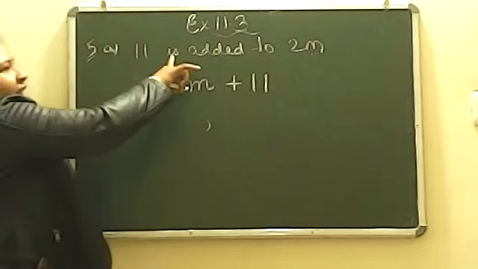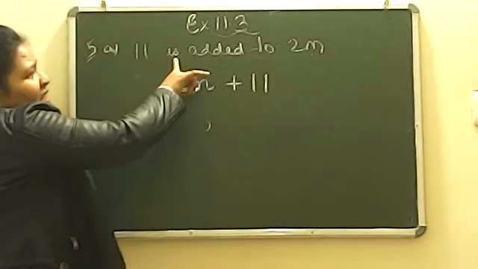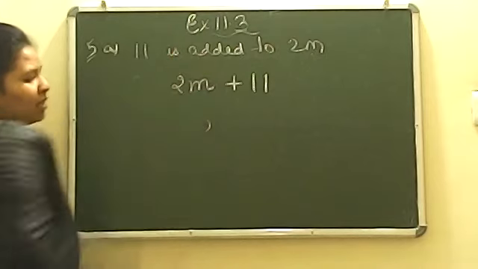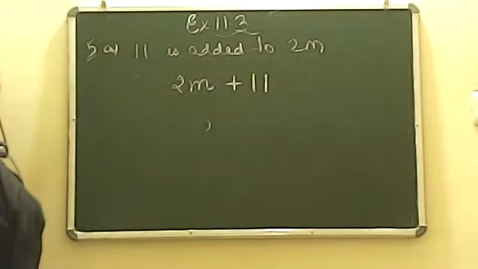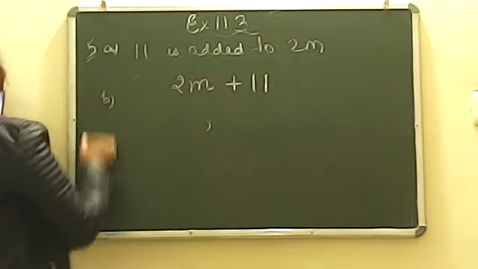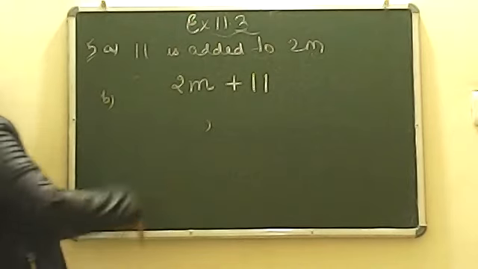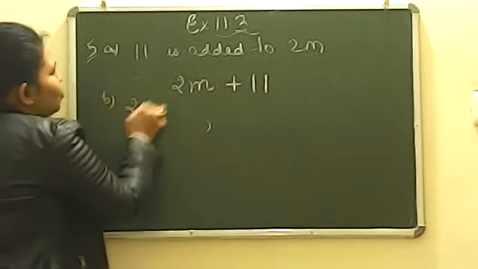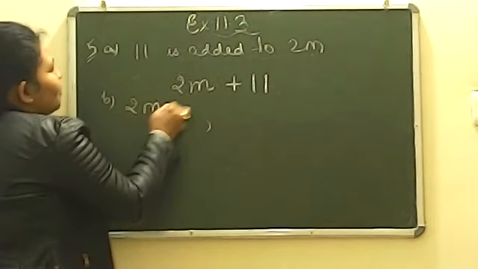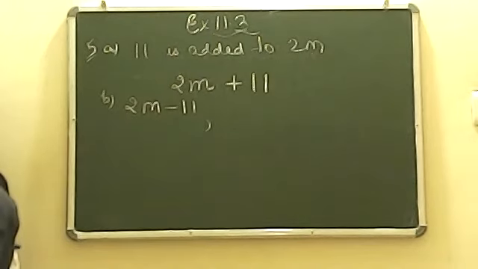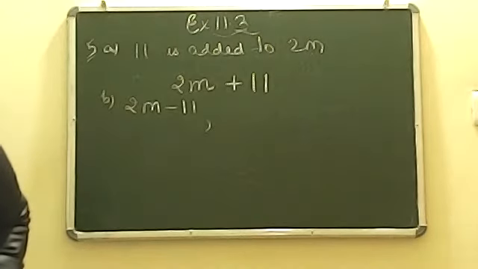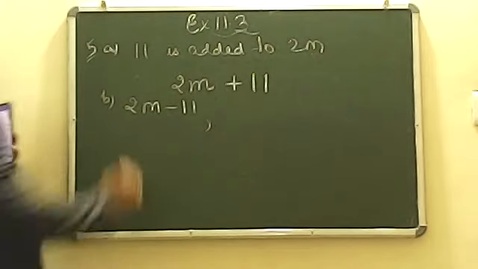Because when we are doing addition it is fine, but अगर subtraction का part होगा ना बेटा तो आपका आंसर wrong हो जाएगा. So remember, always follow what the statement is saying. ठीक है. Now question number B. It is telling 11 subtracted from 2m. So this time 2m minus 11. ओके अब यहां पर देखो 11 माइनस 2m लिखेंगे तो it will not be good. Yes, 2m minus 11.